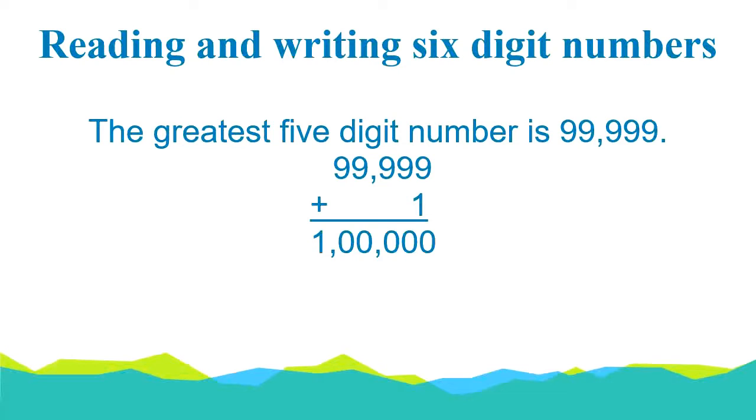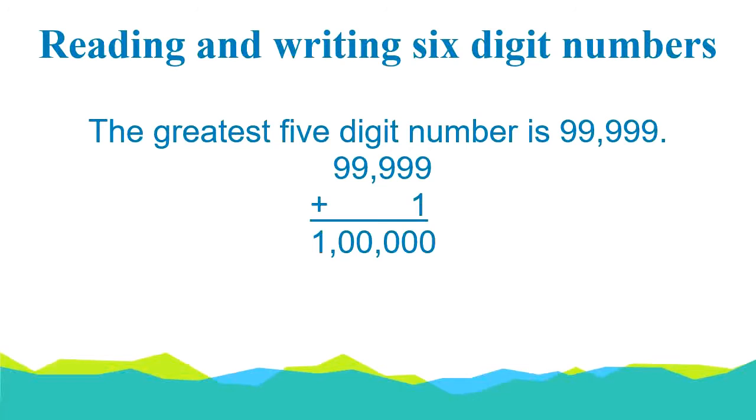In the number which I have written over here, 1,00,000, the digit 1 is in the lakhs place. Clear? This number is read as 1 lakh, or it is also read as 100,000 in other countries. While reading a 6-digit number, first read the digit in the lakhs place and then read the rest of the 5-digit number.